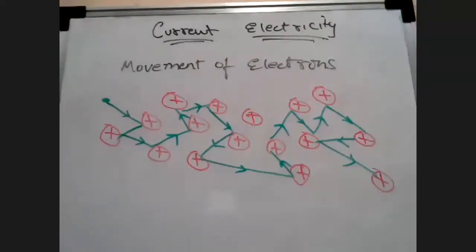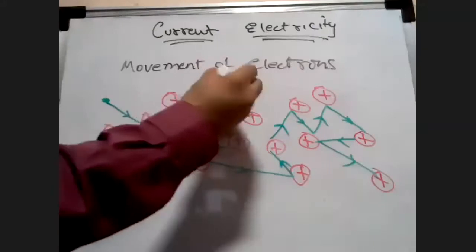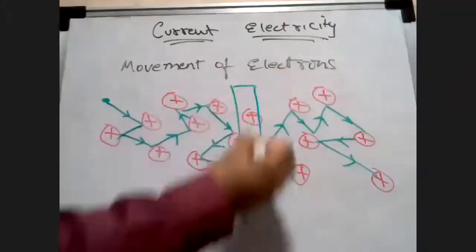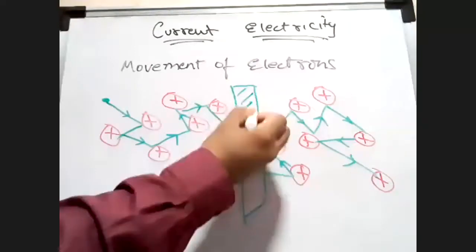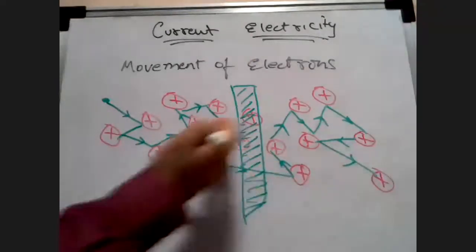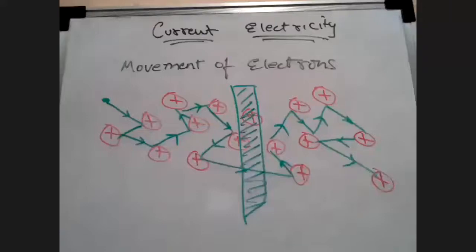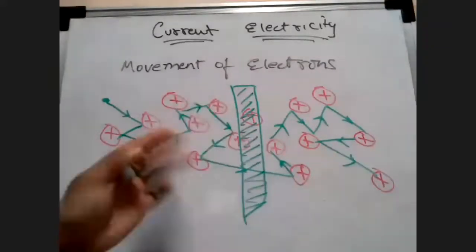But one interesting thing is, if I take an area over here like this, the amount of electrons going from left to right will be the same as the ones going from right to left. It's an interesting observation. Although the motion of the electron is random, if you take any surface, the net charge passing through an area within a conductor will be almost zero, because of conservation of charge.